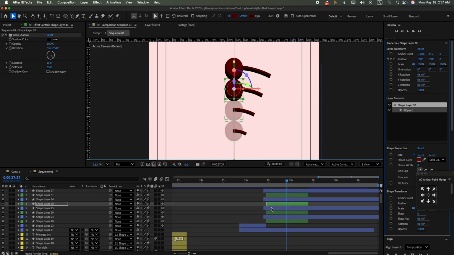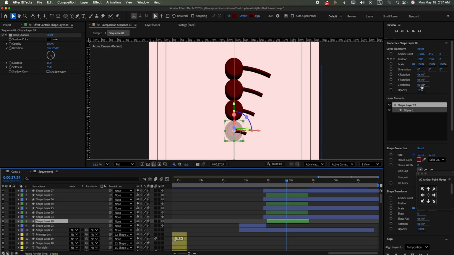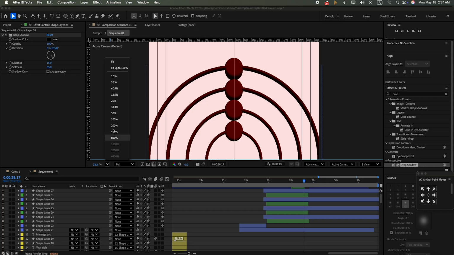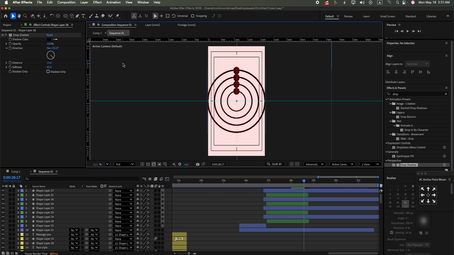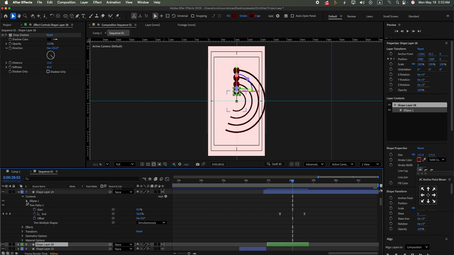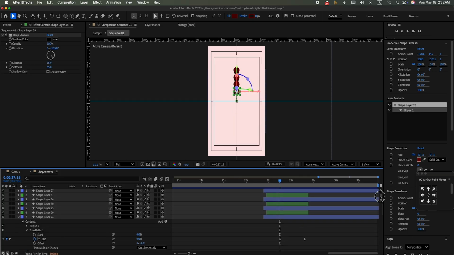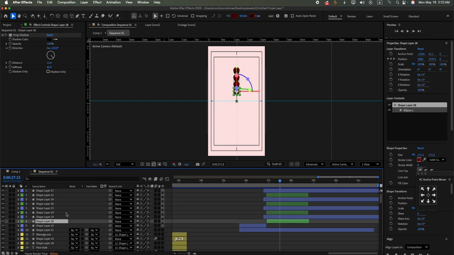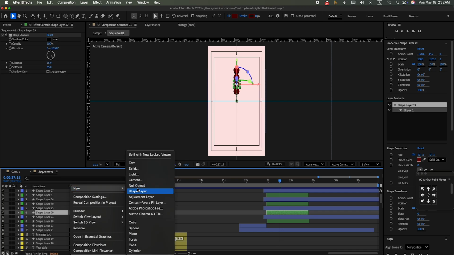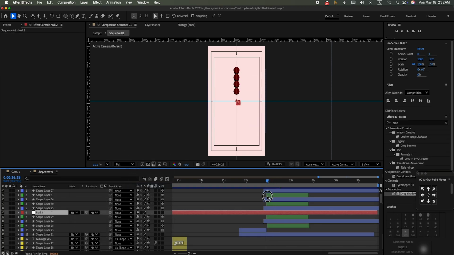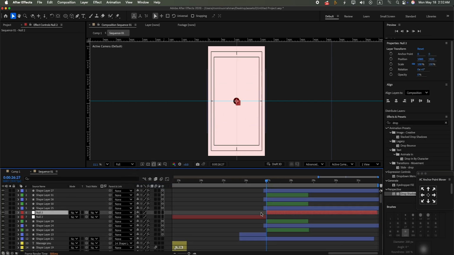Okay, the opacity is 100%, opacity 100%, and the opacity is 100%. Now fit it, go to the first layer, and go to the null object. Take a null object and